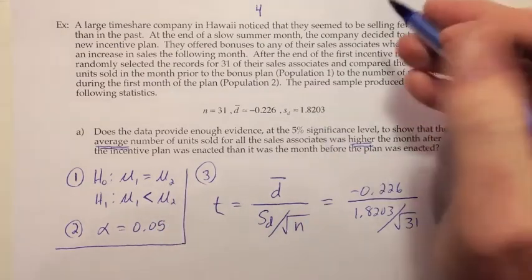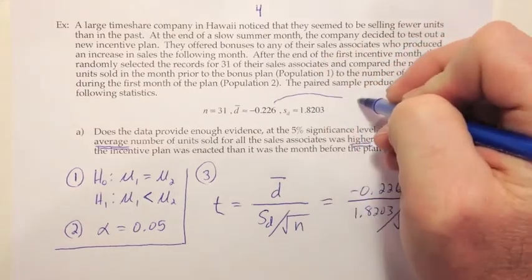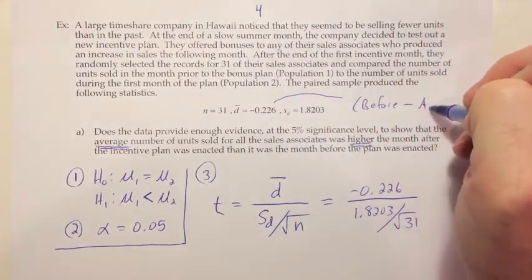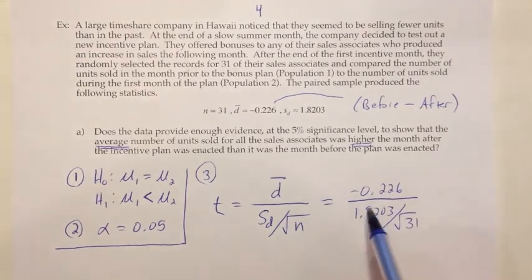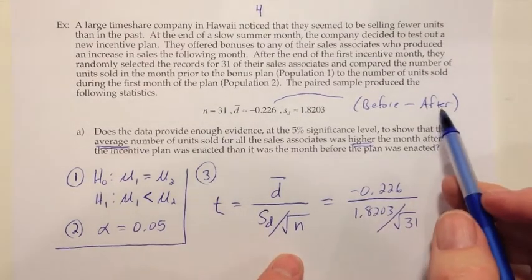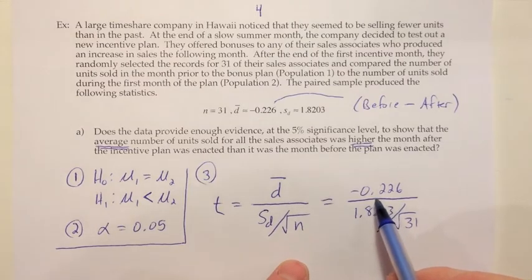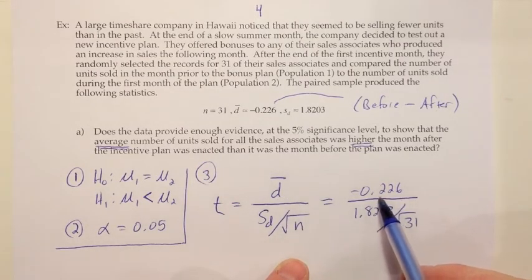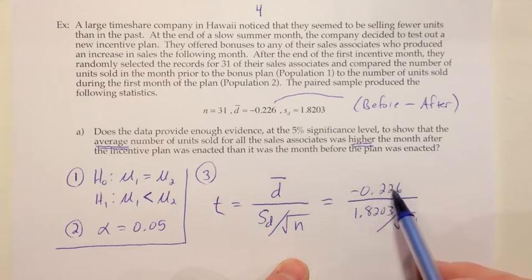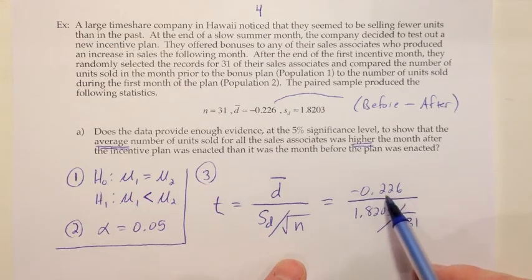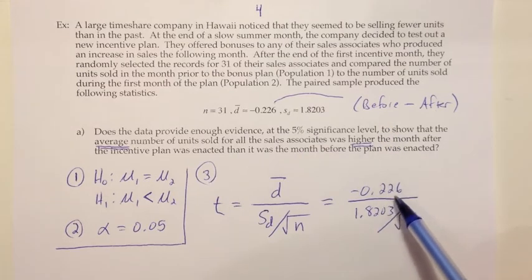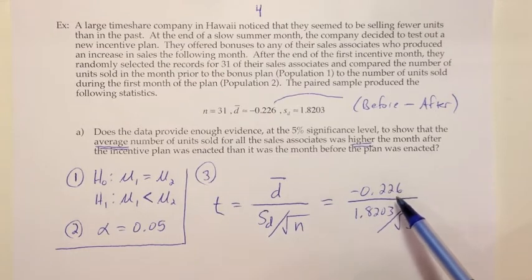And if these differences right here are coming from doing before minus after, then if we get a negative for that, it means that after was a bigger number. So this means that in our sample at least, people were selling a little bit more than, or almost, a quarter of a unit more than they were before the plan. So that's given me a little bit of evidence that maybe this incentive plan is working, but I don't know